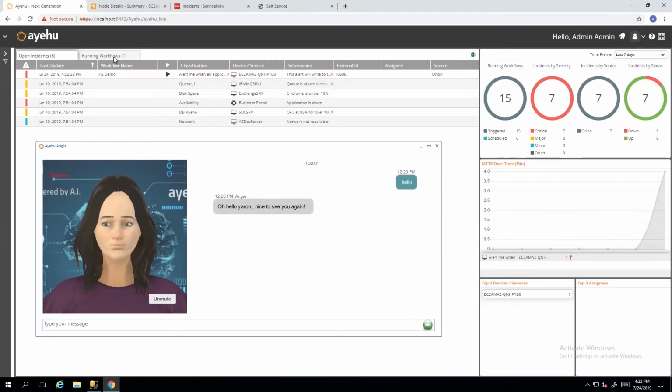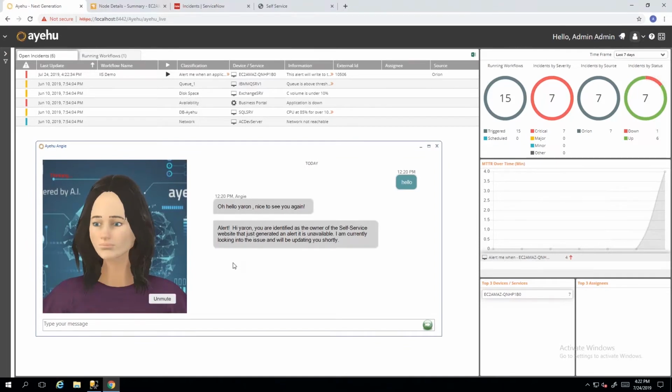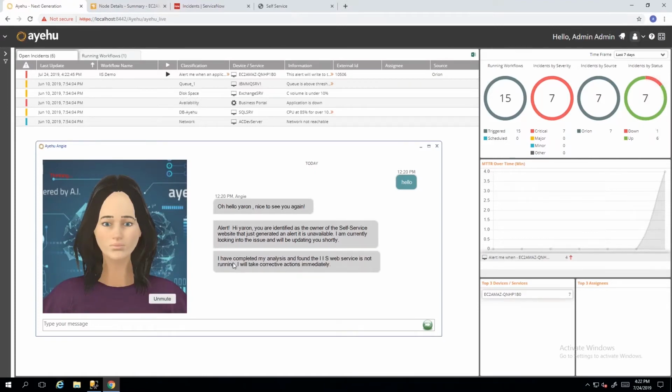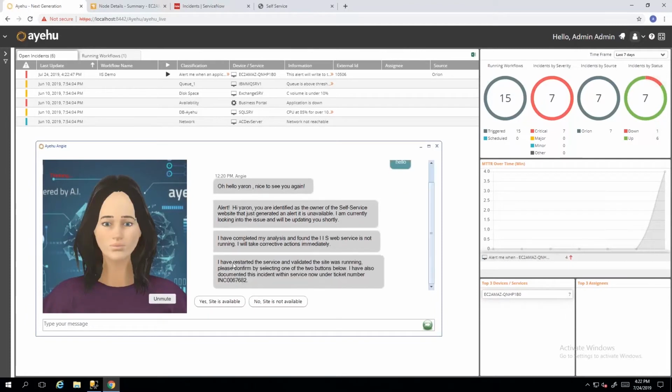So as that alert was just received a couple seconds ago, it's gone ahead and triggered a workflow, which will now trigger our VSA to start interacting. One of the first steps, as you can see here, she's identified that that particular alert was generated. It's then gone ahead and integrated with the ServiceNow CMDB to identify who was the application owner that we can contact immediately. So within seconds here, I can go ahead and contact,